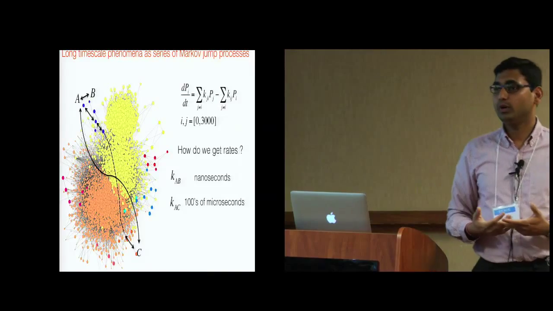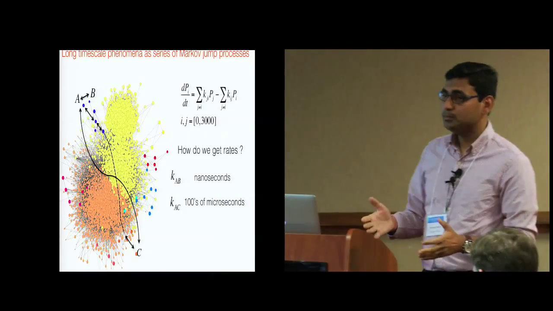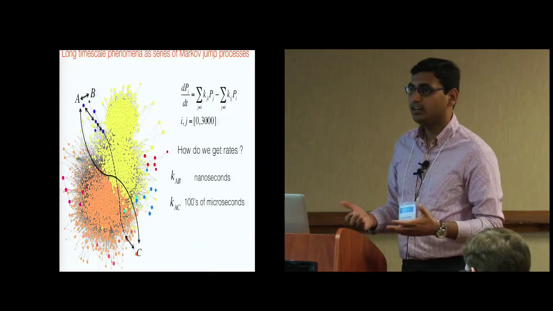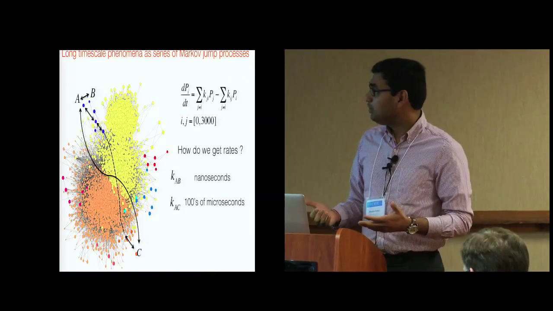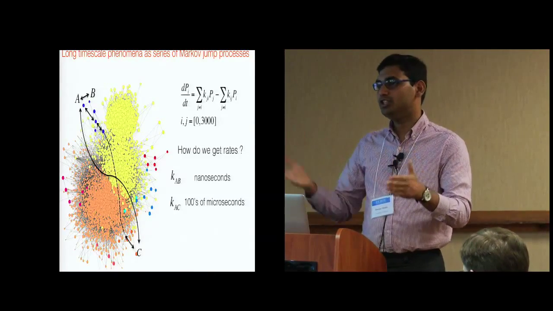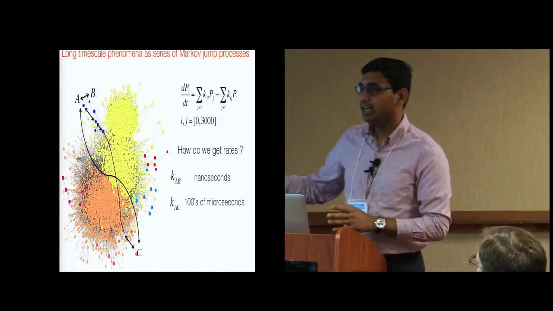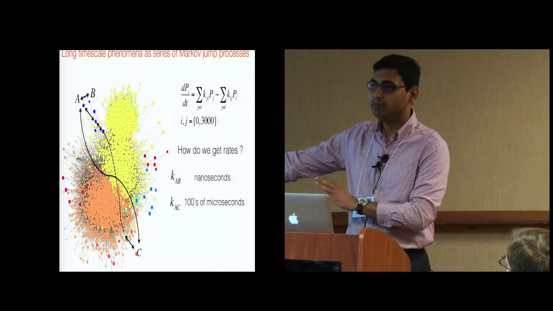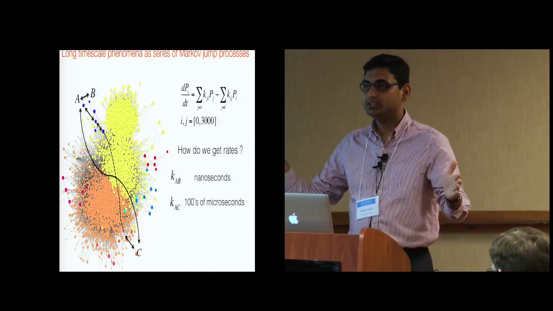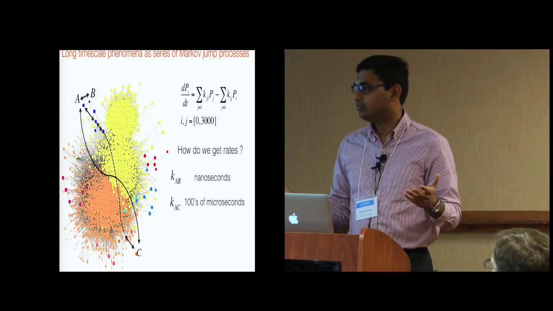So you can run a quick, day-long job on a GPU or a CPU node, and you can potentially go from A to B. But if you want to go to rare states, like going from A to C, which is a very, very slow process occurring over hundreds and thousands of microseconds, you can essentially describe an A to C process simply as jumps which are hundreds of microseconds long. This is the central idea in its simplest form. I'm not going into the mathematical details, but if you just grasp this, that a long process can be described as small jumps, and we can do these jumps over very short periods of time.